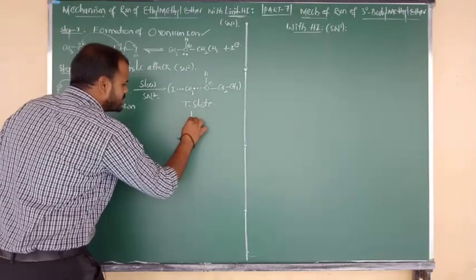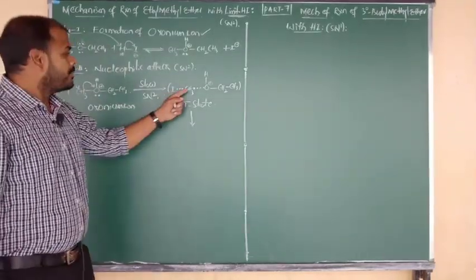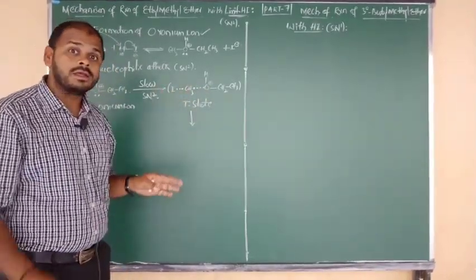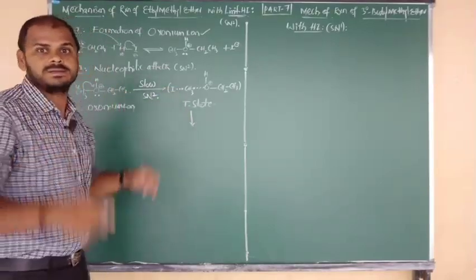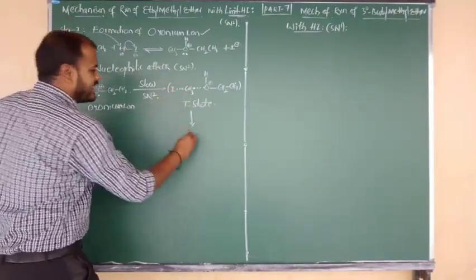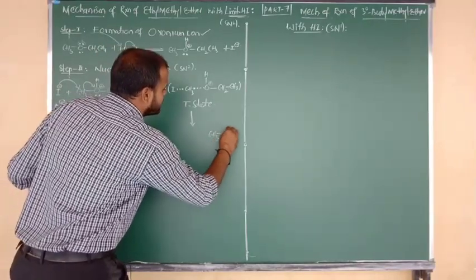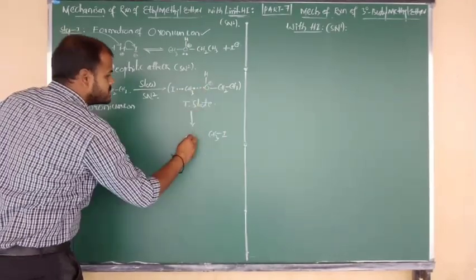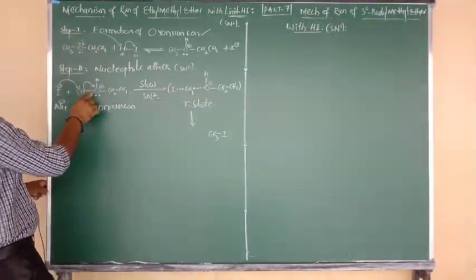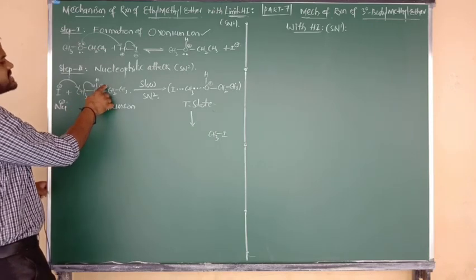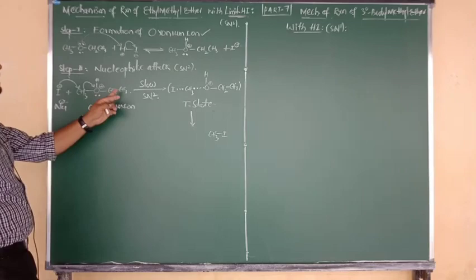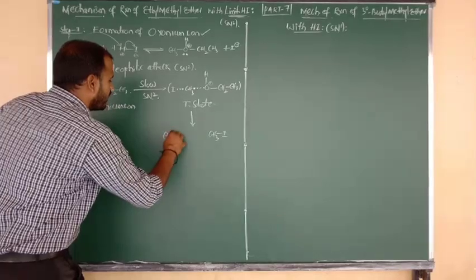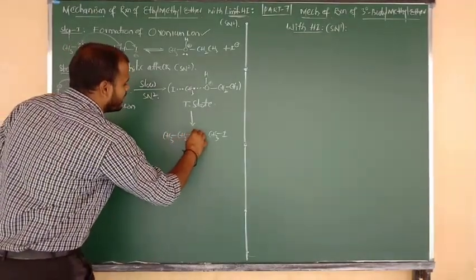Now in that transition state, bond breaking between CH3 and O, and new bond making between CH3 and I, takes place within a fraction of a second. That means a new bond is made between CH3 and I, so here we get the product methyl iodide. And bond breaking takes place between CH3 and oxygen. After delocalization of this bond towards oxygen, the positive charge gets neutralized, leaving CH3, CH2, OH. That means here you are going to get the product, nothing but what, beta? Ethyl alcohol.